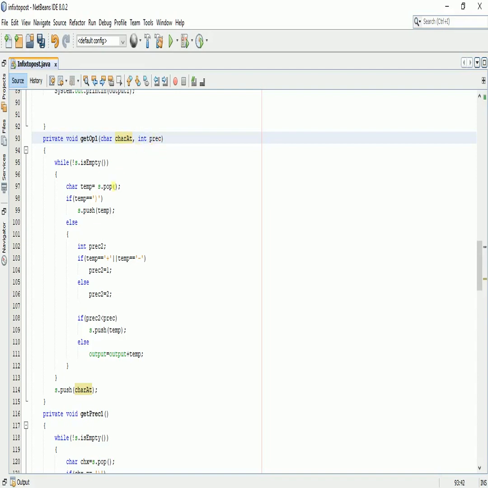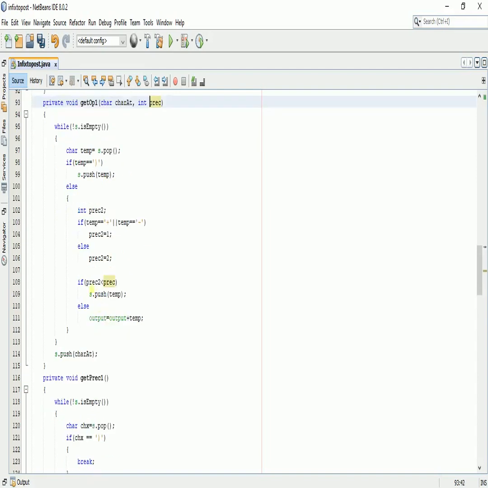In the stack we have precedence 1 and here precedence 2. If precedence 1 is smaller than precedence 2, that means that minus has smaller precedence than multiplication, so we will push this multiplication above minus. So at the lower there will be the minus operator, and above there will be the multiplicative operator. So when we take out from the stack, the multiplicative will first be evaluated, so it verifies our DMAS rule.